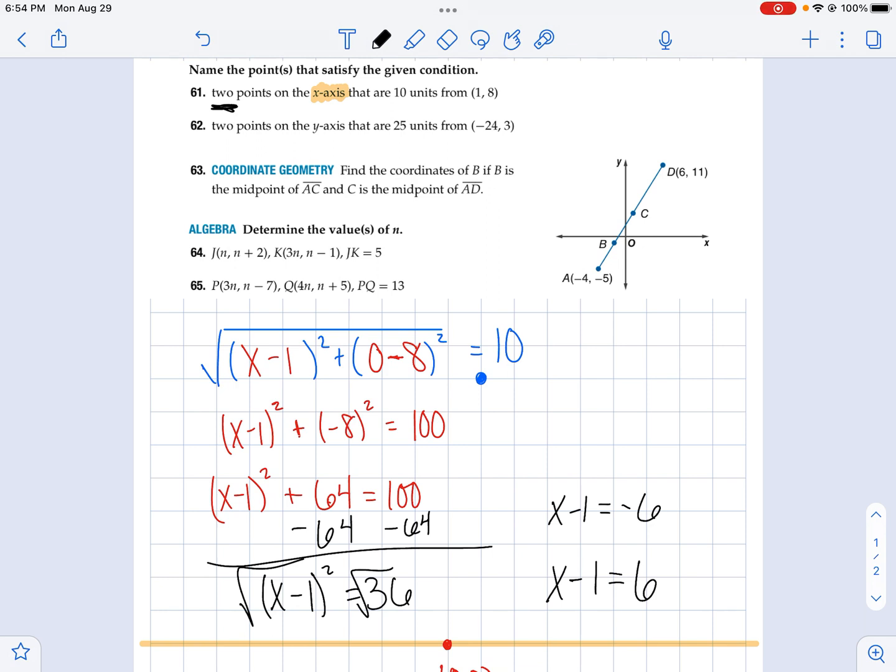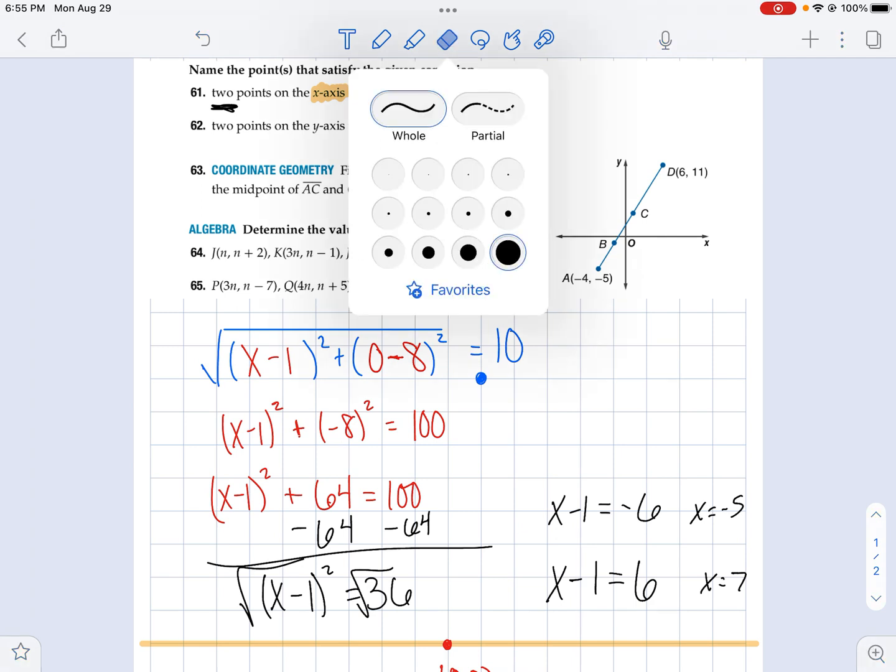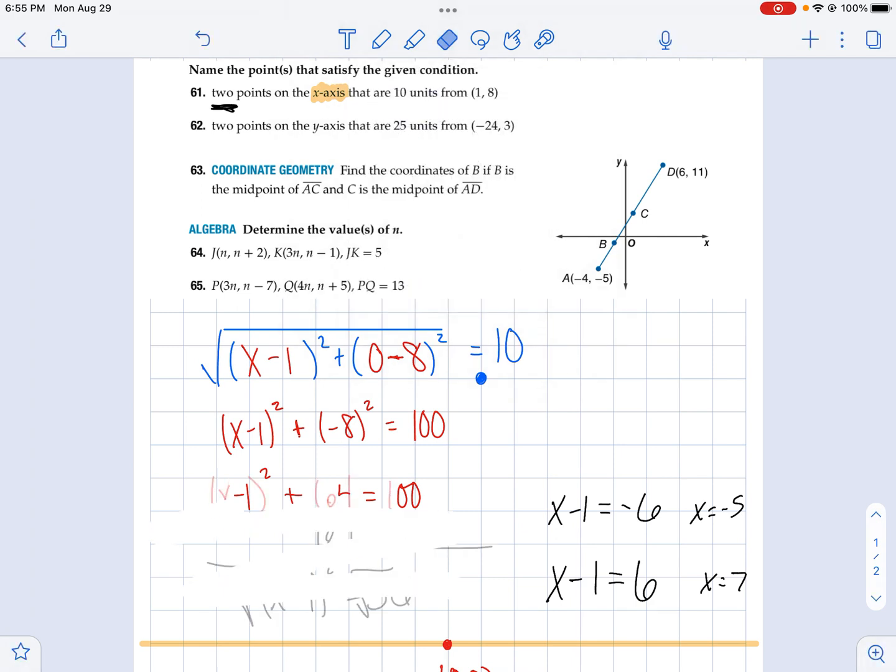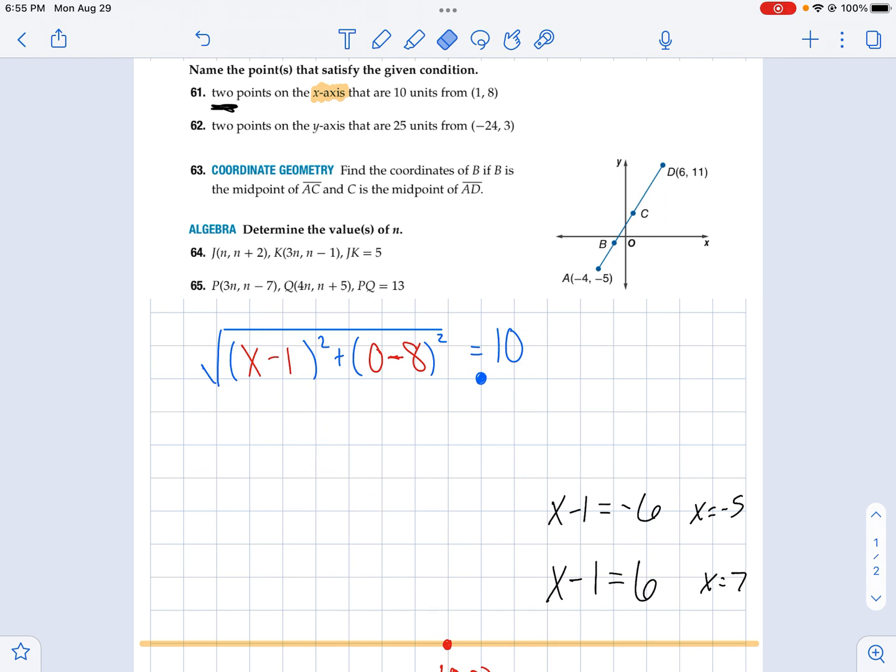And now I've got two equations. So now I've got x minus 1 equals negative 6, x minus 1 equals positive 6. So x could be equal to negative 5, or x could be equal to 7. And that's a lot of work, but let's check now just to make sure. If I put a dot at 7, 1, 2, 3, 4, 5, 6, 7, (7, 0), or negative 1, 2, 3, 4, 5, (-5, 0),